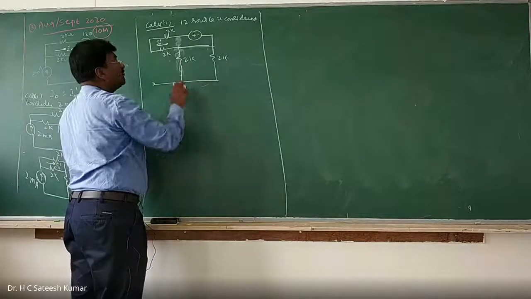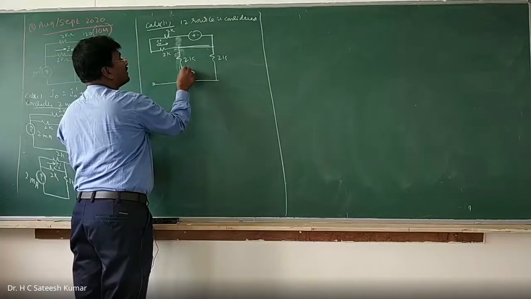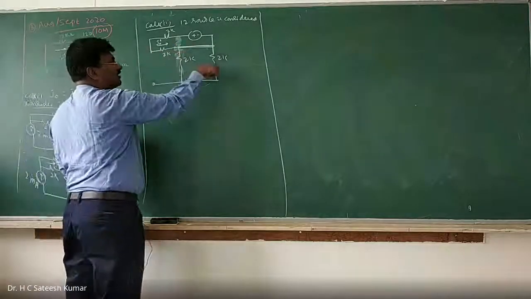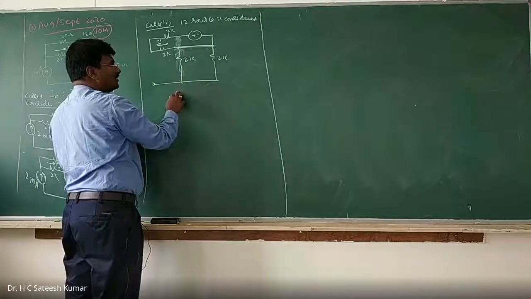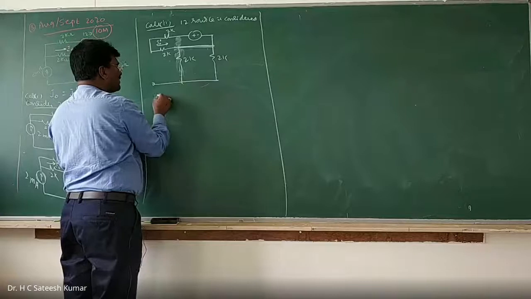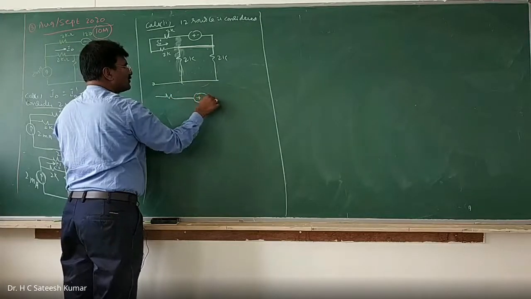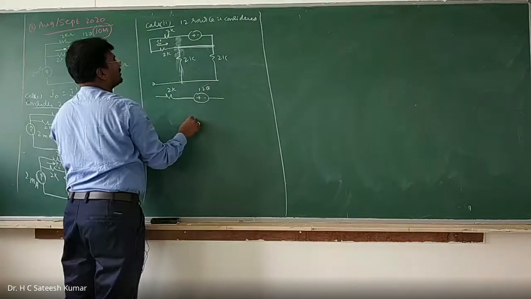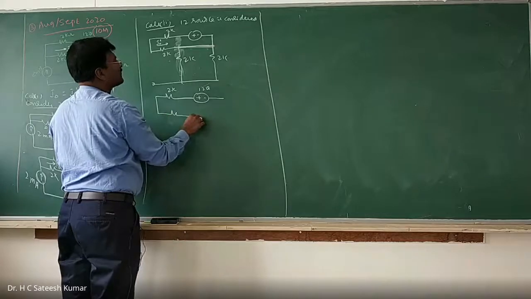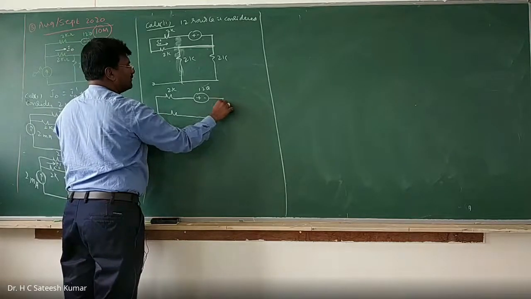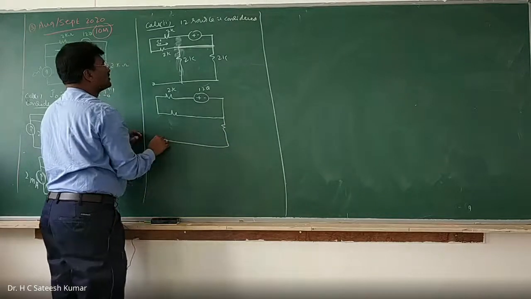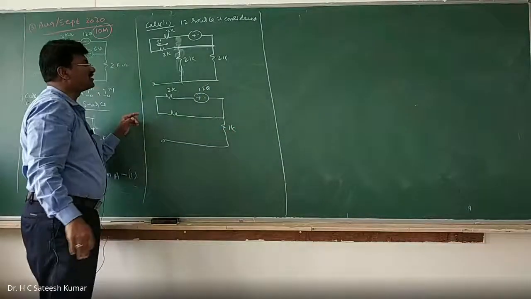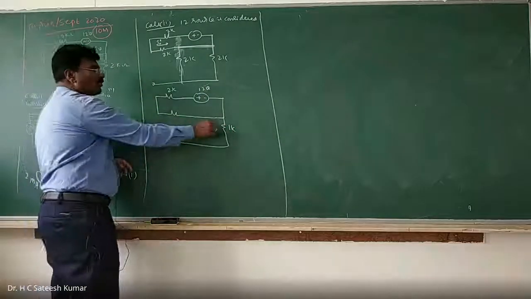I agree. But the problem is no current will flow here, because this is short circuited. So therefore, all the current will flow here only. These two will become redundant. If you want, you can rewrite it. If any confusion is there, you can do it this way. 2K, this is 12 volts. Okay, right. This one resistor and this will become parallel, and this will become open circuited. 2K parallel with 2K is 1K. Since it is open circuit, no current will flow here.